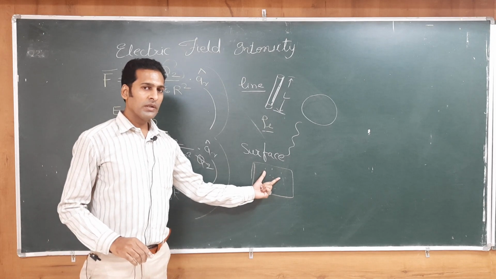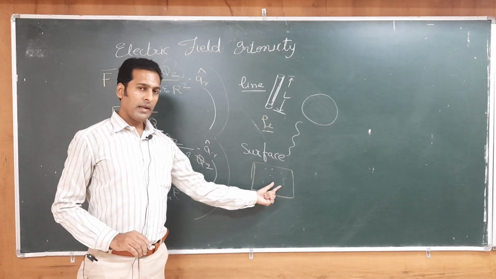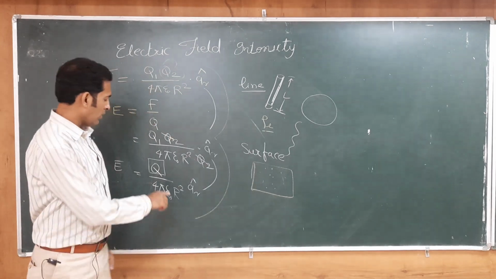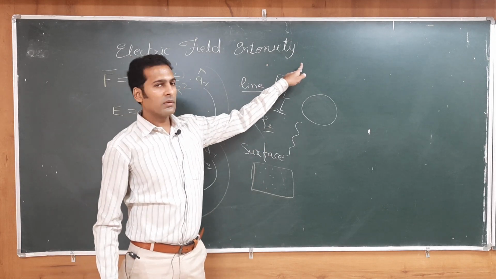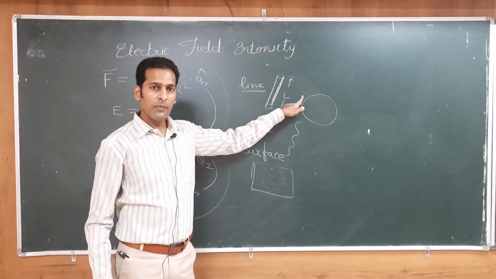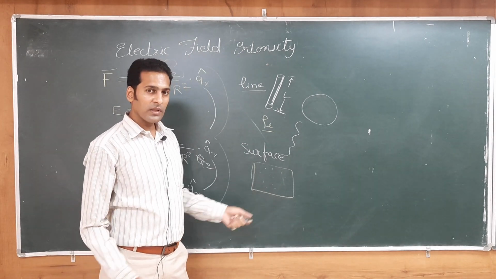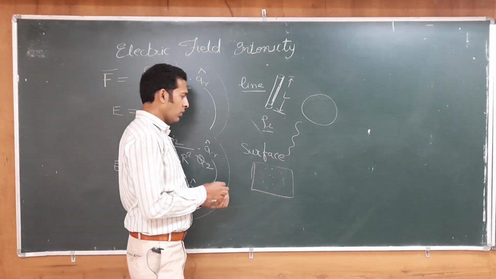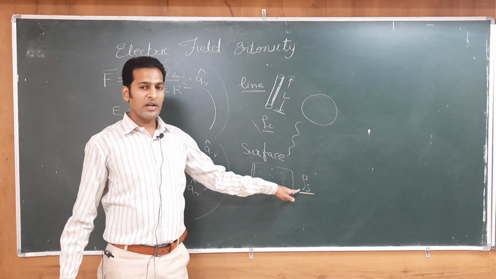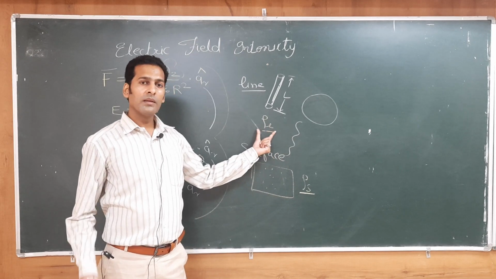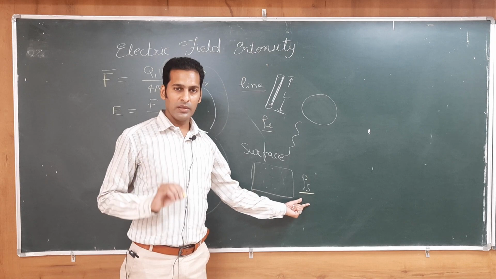That means I have a sheet, and on the entire sheet there are charges distributed. And how do we get these shapes? From a single point charge Q. When I connect a number of Q's, I get a line. When I connect a number of lines, I get a surface, and if my charges are present on the surface, I will denote it with rho S. So, it will be termed as surface charge density. One thing is line charge density, the second important thing is surface charge density.